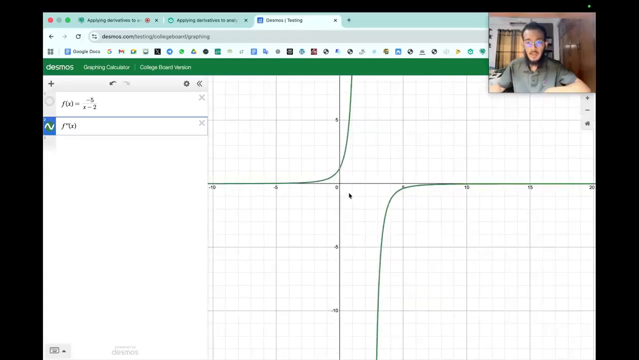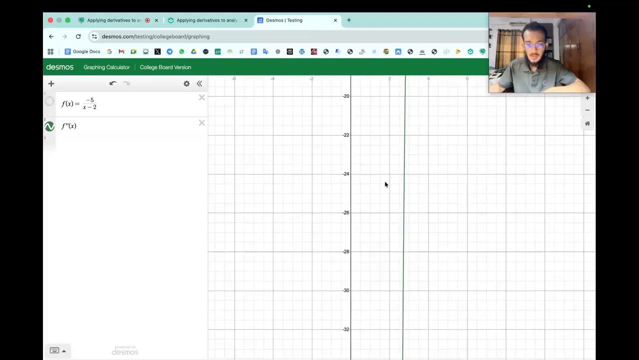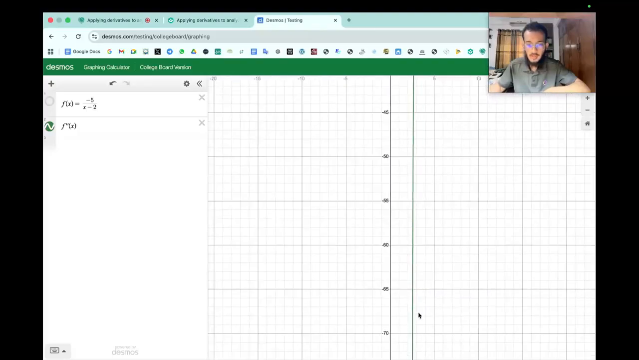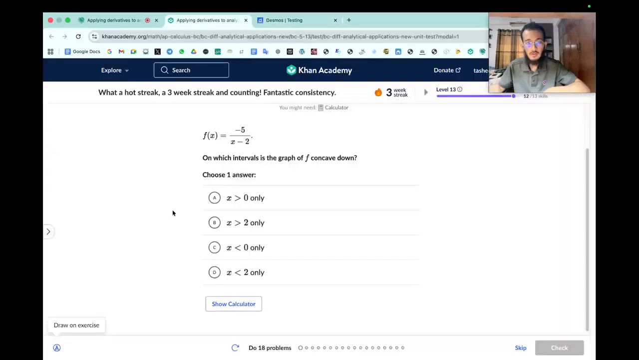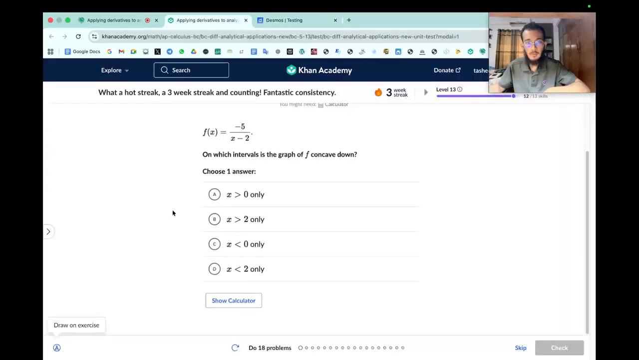For x greater than 2, there is an asymptote at x equals 2. As you can see, it approaches the value 2. Yeah, so on which intervals is the graph of f concave down? It means x is greater than 2 only,